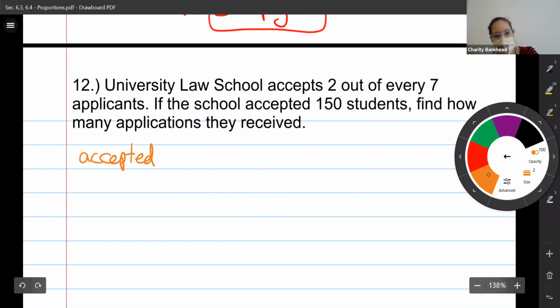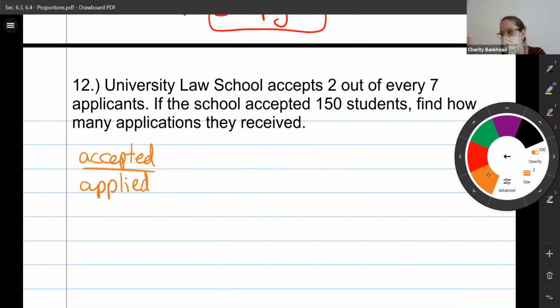And again, I'm going to put accepted over applied, but if you put applied over accepted, that would be just as good, just as long as, like I said, you do it the same for both fractions. Okay, so they accept 2 out of every 7. So 2 over 7 equals,